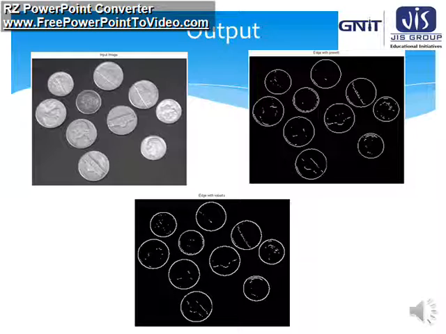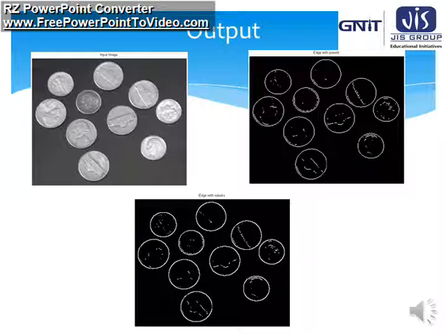In case of Prewitt, the edges are very clearly seen, but the internal edges are not so clear. But in case of Roberts, some more detail has been given here. So you have to see very minutely or very carefully that in case of Roberts, it is a little bit more detailed than the Prewitt. So hope you have seen this.